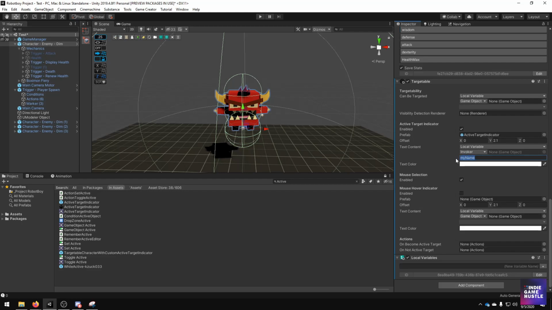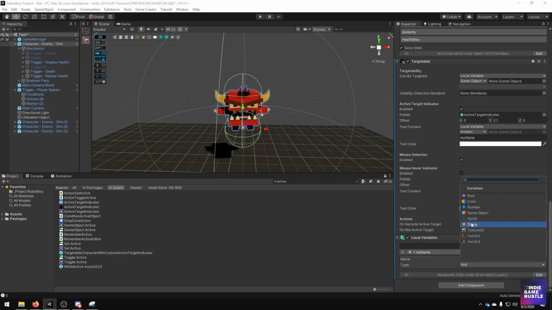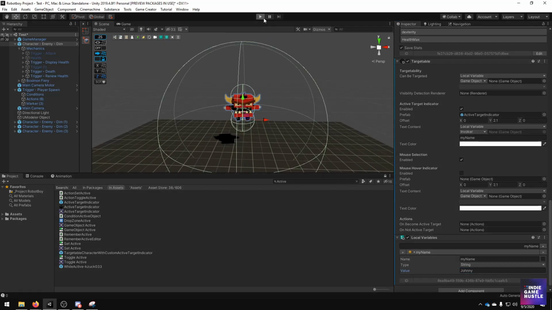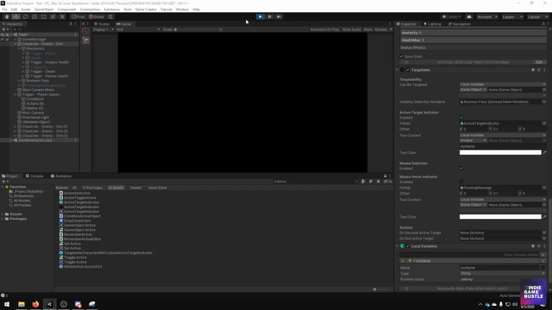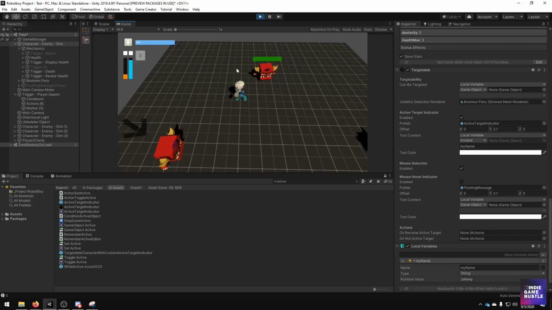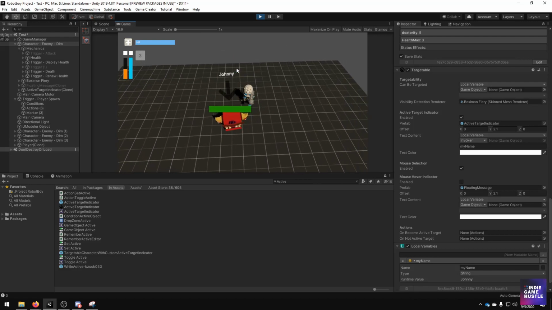And what we're going to do is take this, copy it, and we're going to go ahead and paste it here, hit the plus key. And what I'll do is go ahead and give it a type string, and then we're going to call this particular enemy John. Johnny, why not? All right, so that should work. Let's take a look and see if that works. All right, so I'm going to target. And as you can see now, Johnny's name is above the icon as well,